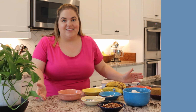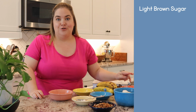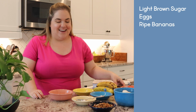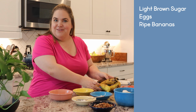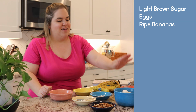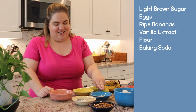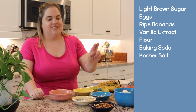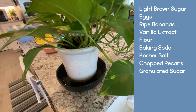So I have our ingredients out and ready. We have some light brown sugar, 2 eggs, 5 ripe bananas, and you'll see they are varying levels of ripe right now, but we're in unique times, so we're gonna make it work. We have some vanilla extract, flour, baking soda, kosher salt, chopped pecans, granulated sugar, and a stick of melted salted